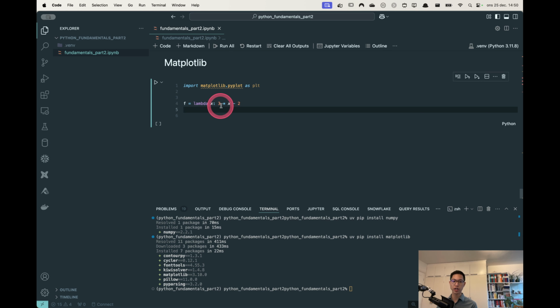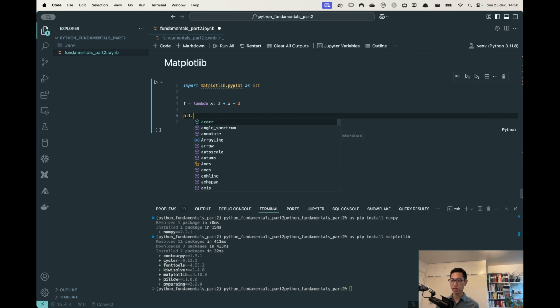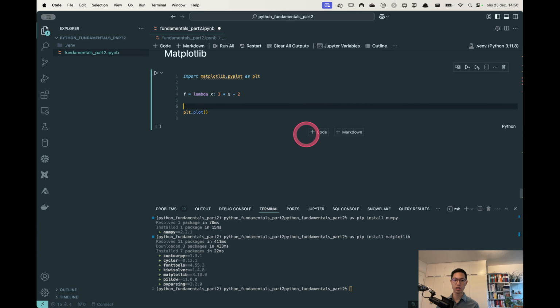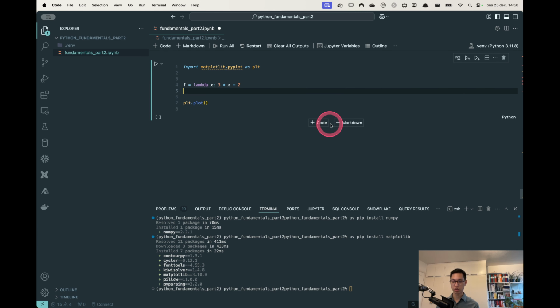Now I created a function, 3 times x minus 2. So as it's a linear function, let's graph this one. So we can do, for example, plt.plot. We need to place in an x as well. So I can do x equals tuple of range minus 5, 5. So then we plot x comma y, right? So f of x